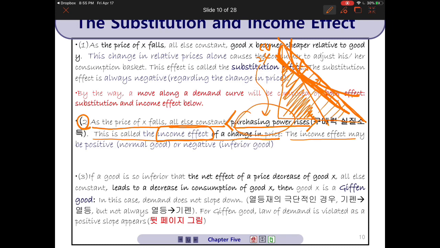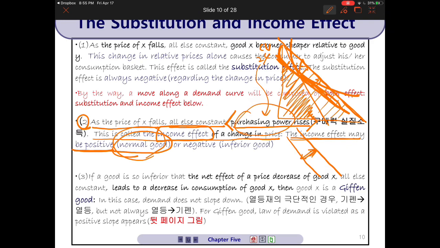The income effect is positive for a normal good, right? As your income increases, the price ratio is the same, but as your budget set shifts outward, you're spending on good X. If that increases, then this income effect is positive